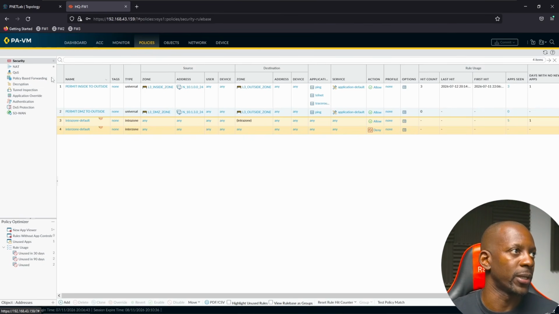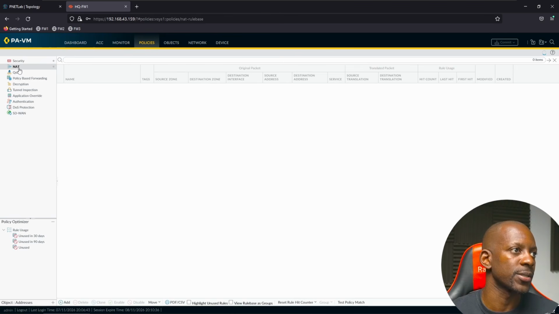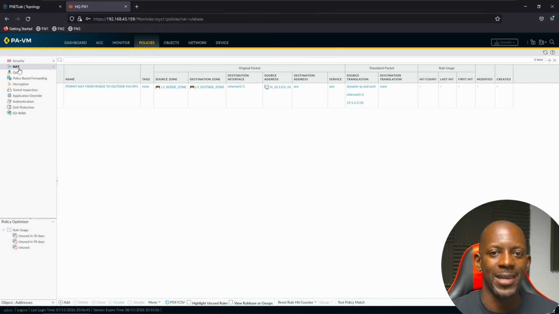And if we take a look at our NAT policies, we should have a basic port address translation, translating all traffic coming from the inside zone to the outside zone, leaving on interface 1/1, coming from the subnet 10.1.0.0 going to any destination, will be translated to the interface outside IP address